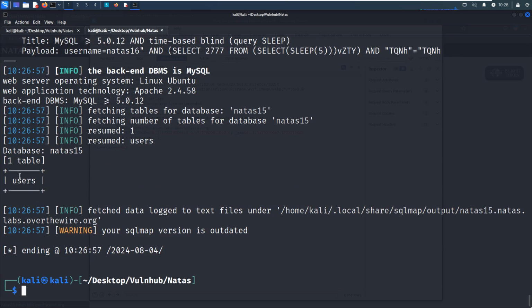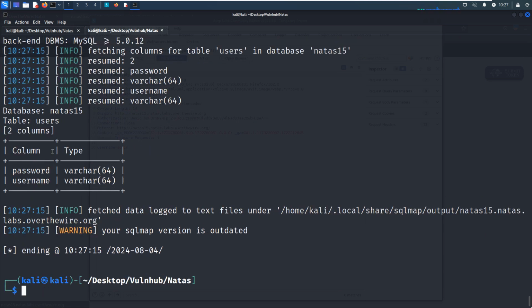There is only one table for this database, so we can use uppercase -T to specify the table name, and then I want to retrieve the column information of this table. So 2 columns.